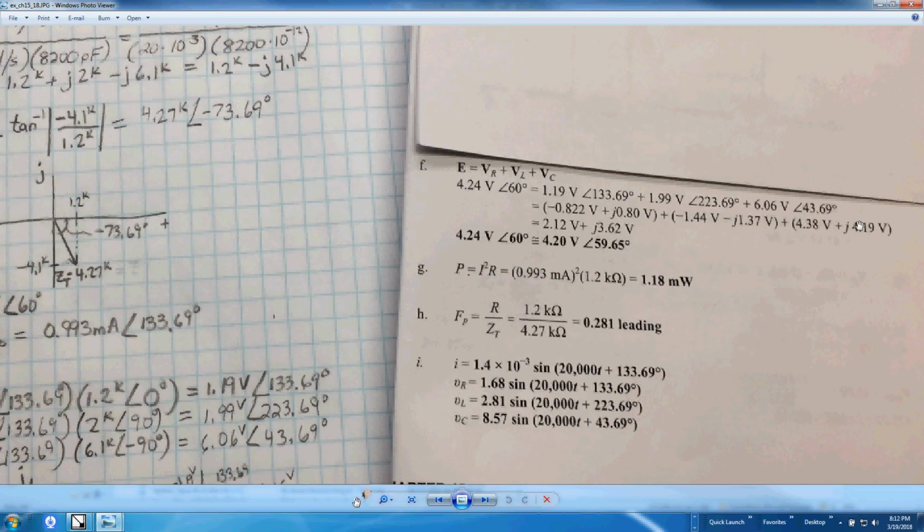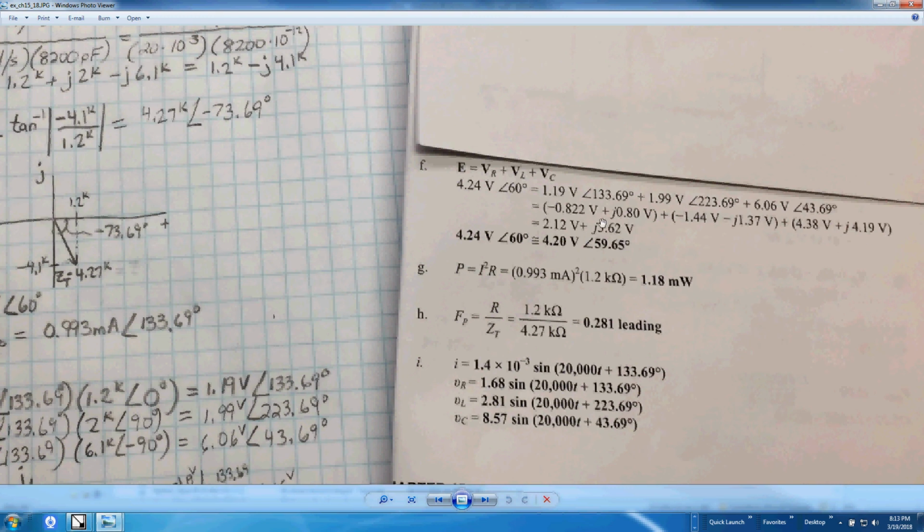And then when you combine all these terms together, you add the 0.822 to the minus 1.44 plus 4.38, and you get 2.12 plus j, and then you add the 0.86 minus 1.37 plus 4.19, and